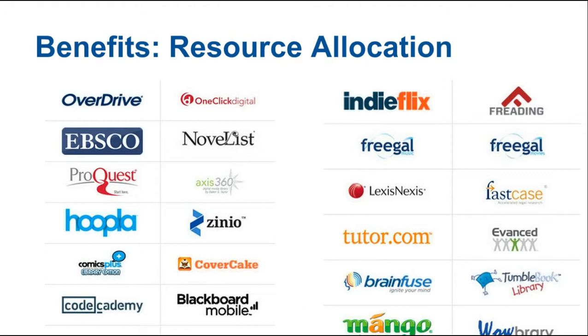If people are using the Overdrive channel or accessing it a lot, but your checkouts aren't really going up for some reason, that's good to know as well. And that's where we can help improve that integration. Or for your Zinio integration, we're adding a real deep integration in a month or two, so that can help with that. And if you have a Zinio link right now, you can compare those statistics to the full integration that comes later, and see how the integration can really improve your usage and your checkouts. So I think resource allocation is really one of the main benefits of Boopsie Analytics.